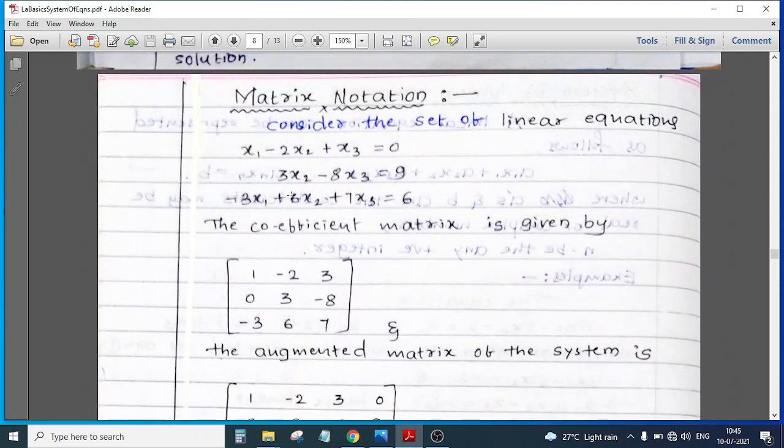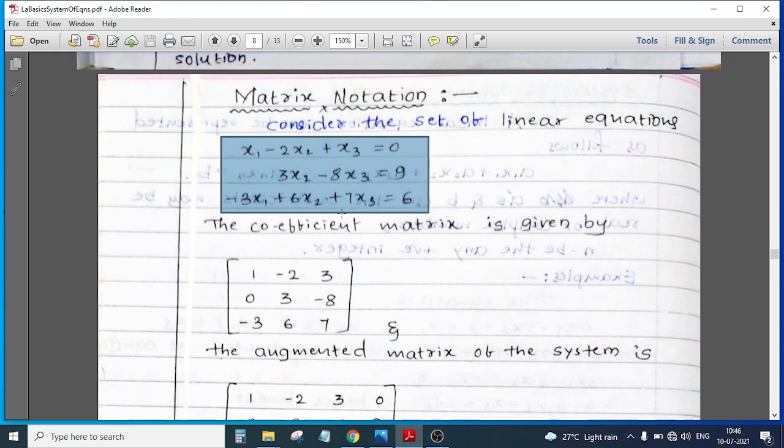Okay, next very important point we are going to understand is the meaning of matrix notation. So everywhere, that is in the whole module 4 and module 5, we will be trying to represent our equations in the form of matrices. So let us consider the first set of linear equations. See here, these are my linear equations. If you observe here friends, they are already in that form. You can see all our x terms are on one side, the LHS, and all our constants are on the other side, the RHS. So no need to do any shuffling here, right?